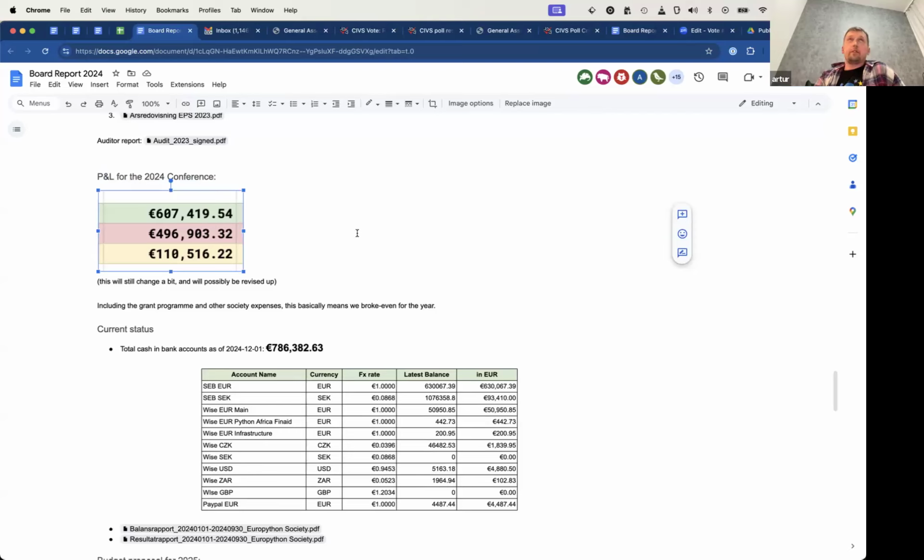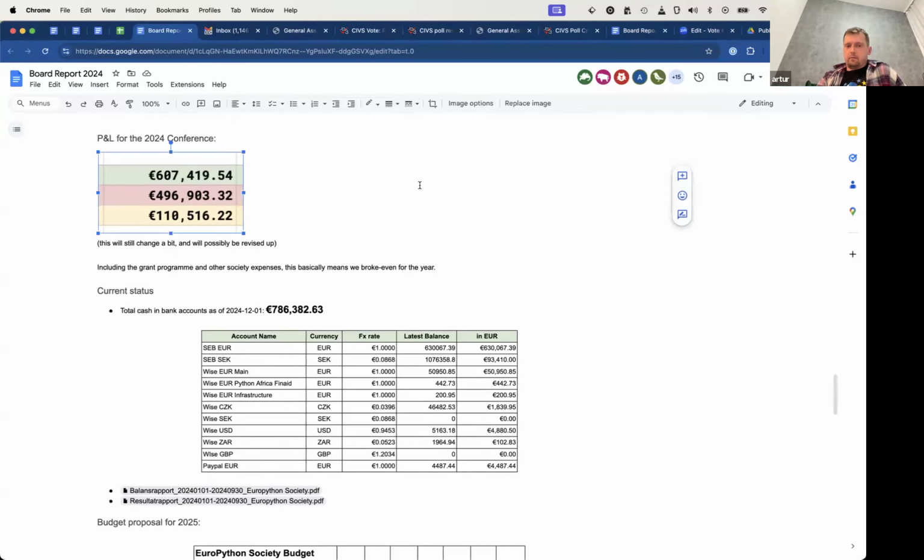This will be revised slightly upward because there's some extra reimbursement that still needs to be paid, and it's currently temporarily added to the budget as a bigger amount. So we know that it's going to be more than the current amount because the actual cost is going to be less than it was currently budgeted for. And there's some stuff that needs to be processed, but it's going to be more than